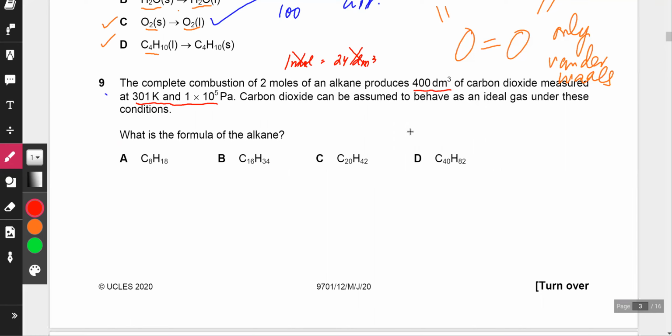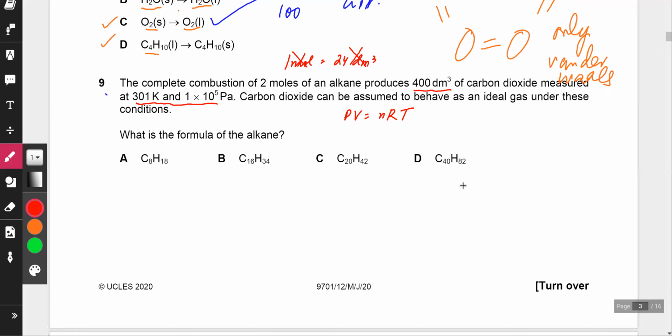So carbon dioxide can be assumed to behave as an ideal gas under these conditions. What is the formula of the alkane? So they're asking for the formula of the alkane. The first thing is we need to figure out the moles of carbon dioxide. So I'm going to use PV is equal to nRT. That's the ideal gas equation,